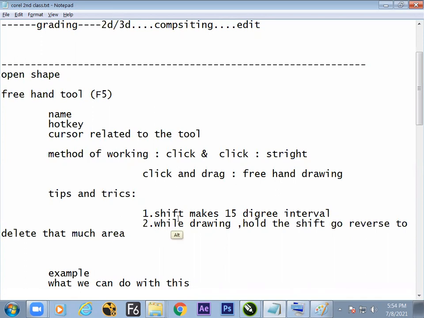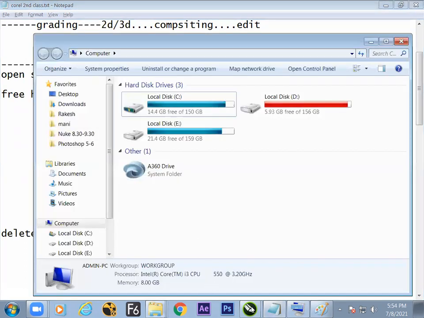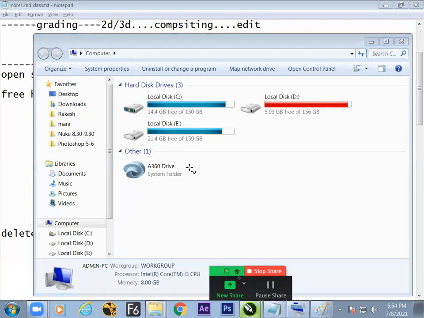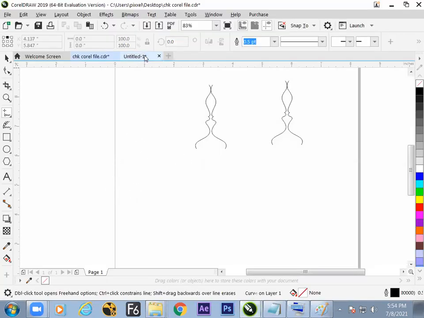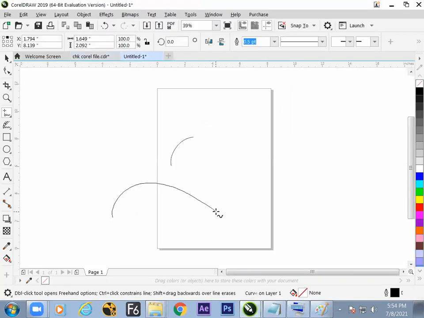Theory written over here, practically done on the screen. Check the screen, draw the line, don't leave the cursor. While you're holding the cursor, hold the shift button and go reverse. Above the same line, a red color mark will appear. It will delete the unwanted part of the line.